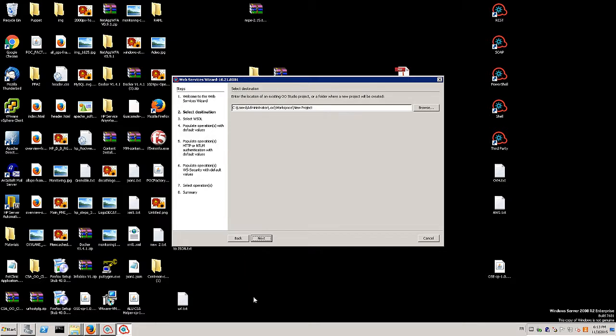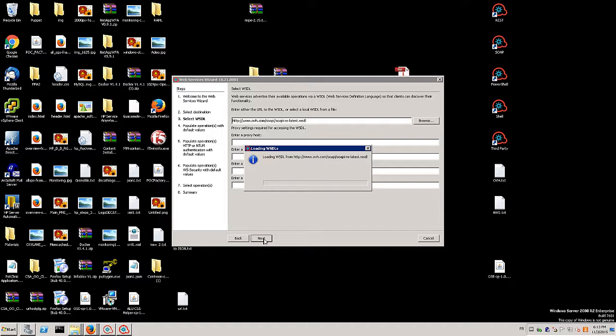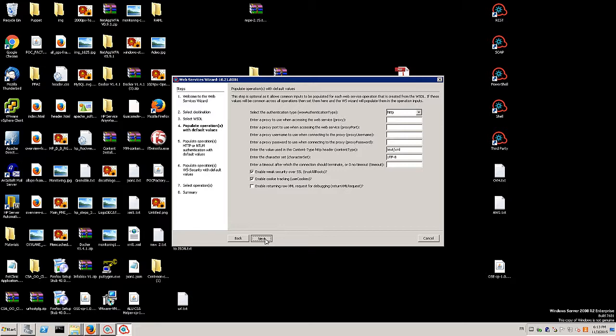First thing I will do is define the name of my project, the project I will generate using the wizard, which I will be able to import inside my orchestrator later. Let's copy and paste the URL, the web link. I can see the SOAP specification file web link. I click next. It will automatically grab the file, discover the metadata, parse it, and allow me to configure it.